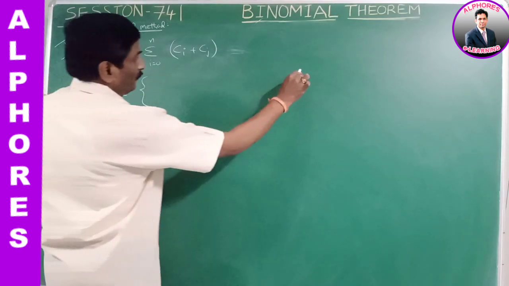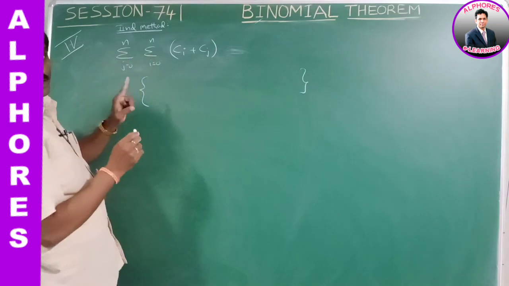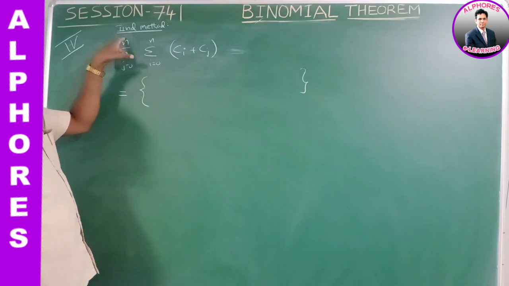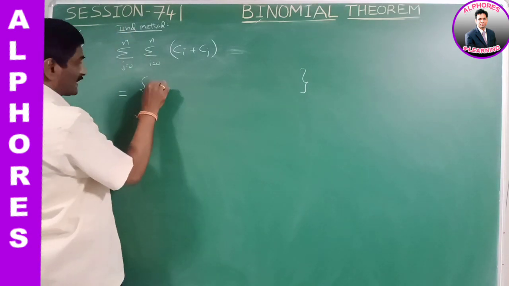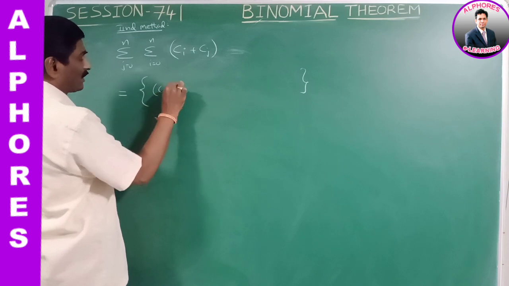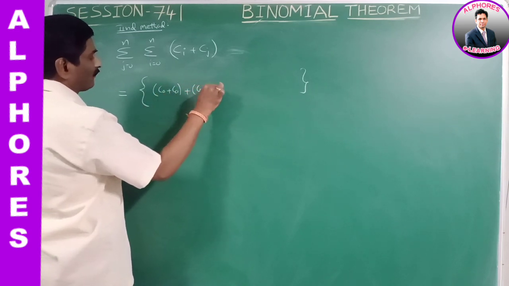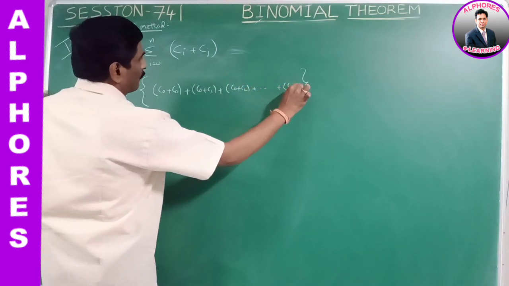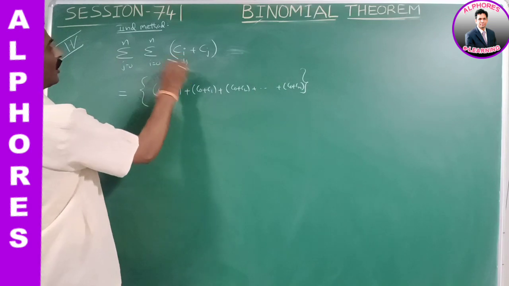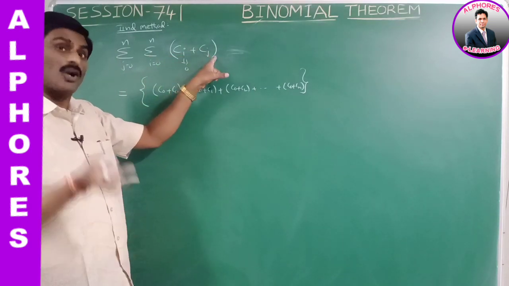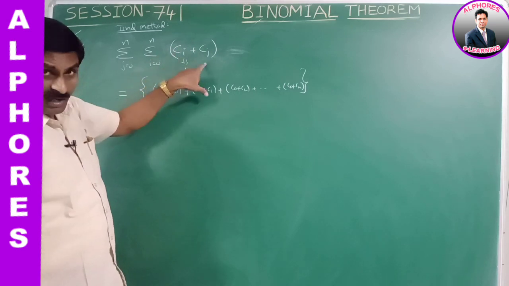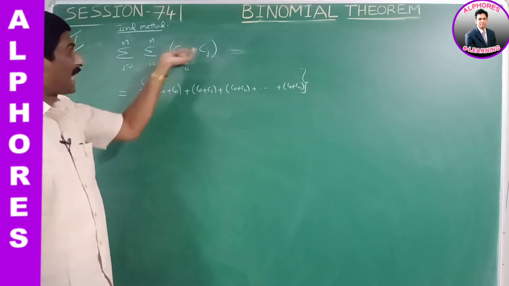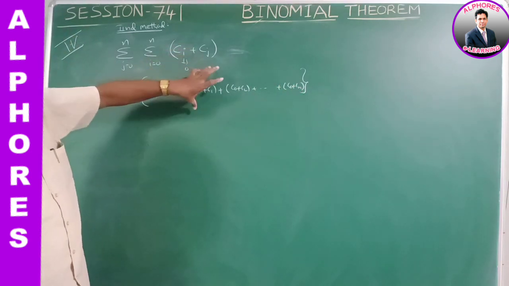What is the first bracket? First expansion: suppose i is equal to 0, then C0 plus Cj, where j takes values from 0 to n. What are the possible values? It can be written this way: C0 plus C0, C0 plus C1, C0 plus C2, and so on, C0 plus Cn. Please observe this value. If i is 0, then j takes values from 0 to n. It is the first bracket. This is the number of possible terms when i is equal to 0.